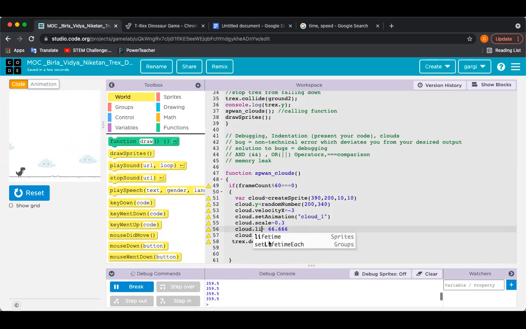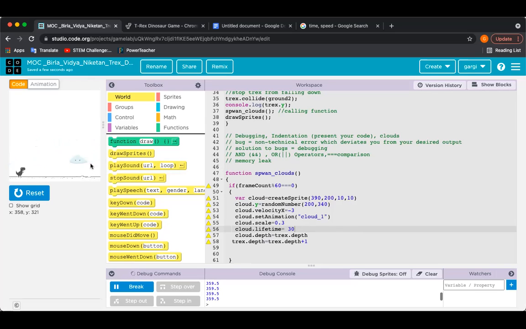Lifetime. Let's say 30. But 30 would be too less. Yeah, now it's dying.